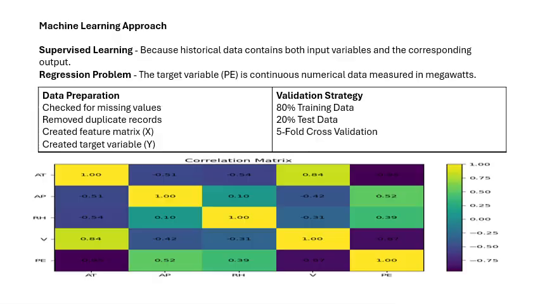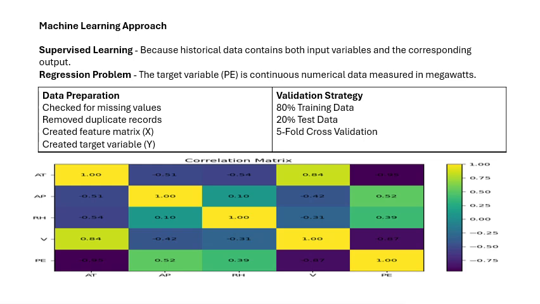From the modeling approach perspective, this project is a supervised machine learning problem because the historical data set contains both the input variables and their corresponding output values. Since the target variable, electrical energy output, is a continuous numerical value, this is a regression problem. I've used all the 4 environmental variables as model features because they directly influence the efficiency and the power